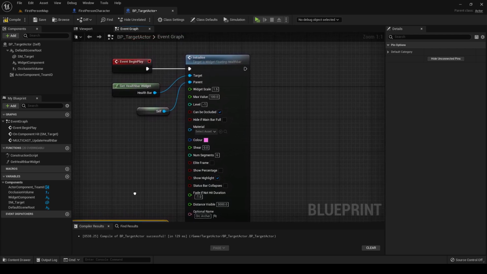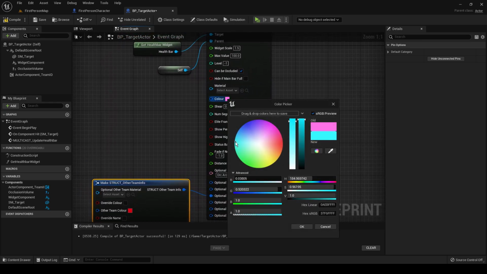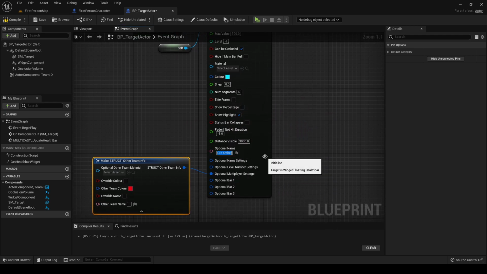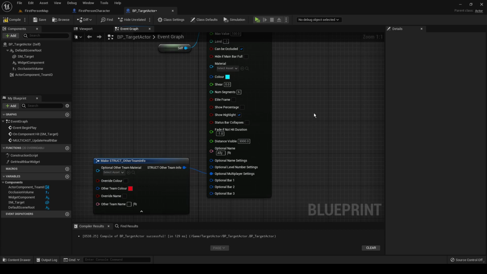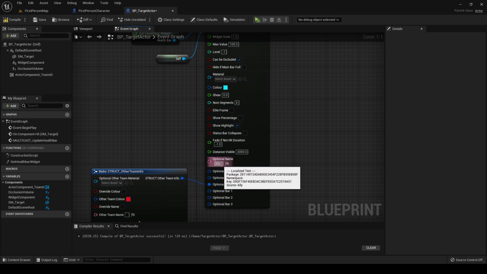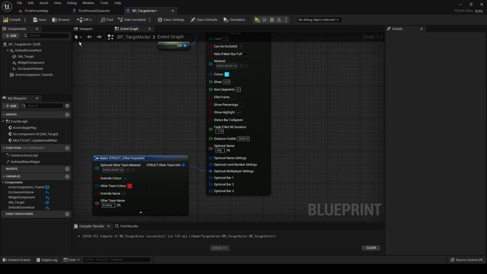For our purposes, let's say by default the color is blue. This is an ally, and let's change the name. We're pretending that this is a multiplayer game, so we're not fighting orcs and enemies and things like that. So the default color is blue and it says ally, and then we want to override the color. The other team is red, and we want to override the name, and let's call that enemy. So if we compile that and